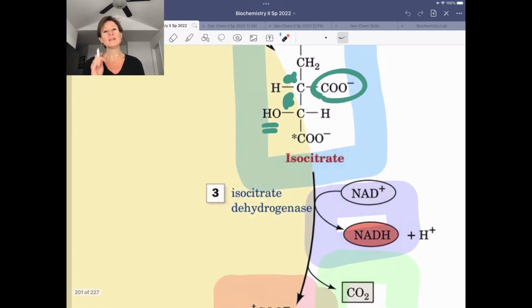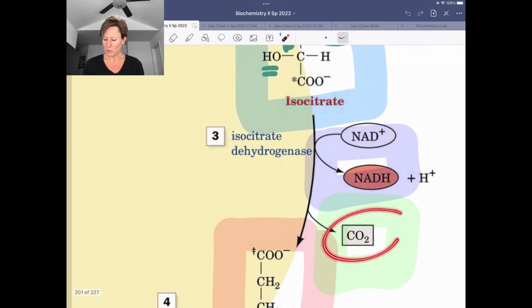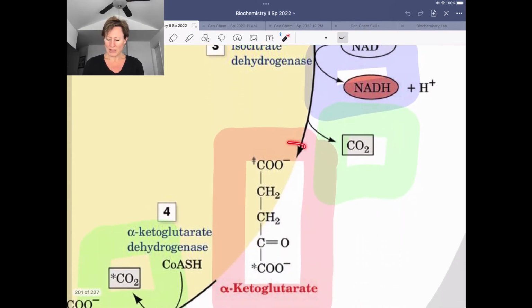So our next step, isocitrate dehydrogenase, does oxidative decarboxylation. So two things kind of happening at once. The first thing that we do is we're going to oxidize this alcohol group to a ketone. That happens because we generate a reduced NADH. Now, we don't have this structure that's shown. It's an intermediate in the enzyme active site that's not isolated, but what we really have is a beta keto acid. That easily decarboxylates, we lose CO2, and then we're left with 5 carbons left, and this is